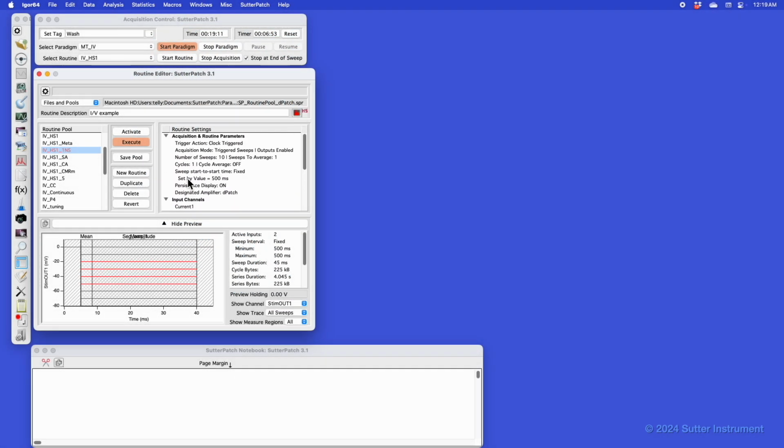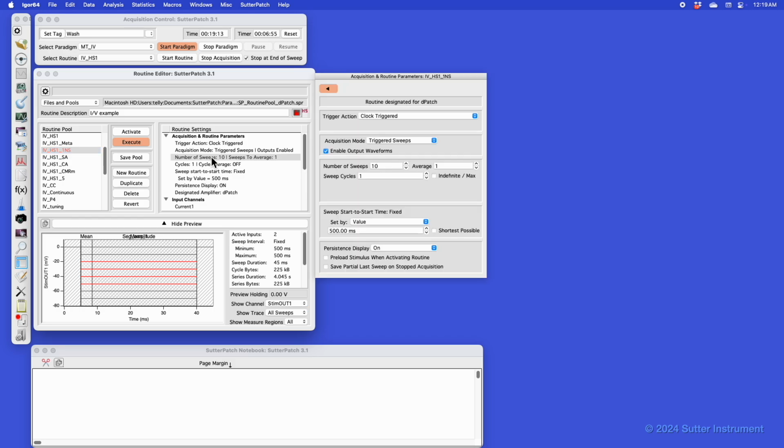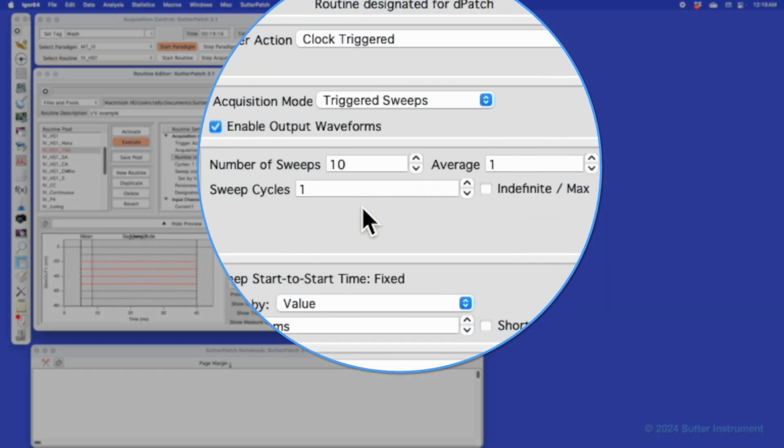Other significant changes that we've made to the Routine Editor are running average and cycle average. Now you have the ability to have a running average and only have results saved. We still have the cycle average and running average as virtual signals. That still follows the old style of acquiring all the data and storing all the data as you go along.